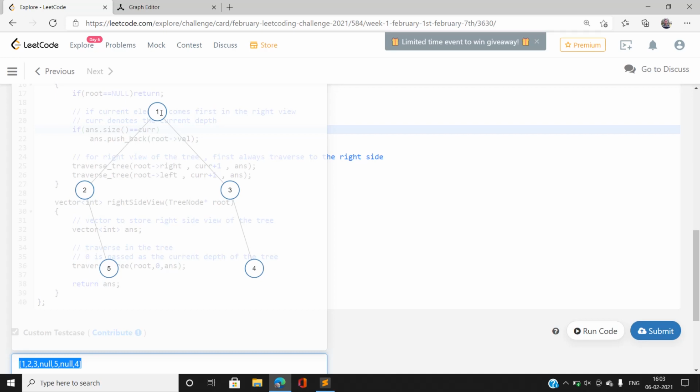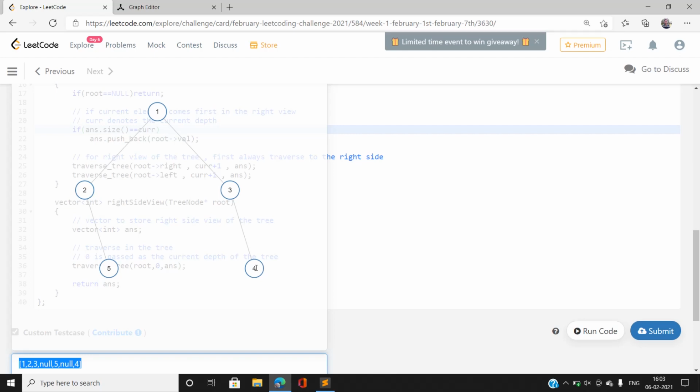Again at depth equal to 1, that is at node equal to 3, the depth is 1 and the answer vector size is also 1, and this coincides with the depth, so we are going to push back 3 in our answer vector. Also you can find 4. In the case of 4, the depth is 2 and our answer vector size is already 2, so I am going to append this in our answer.